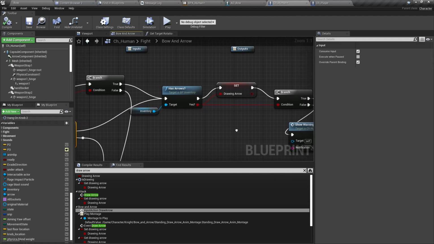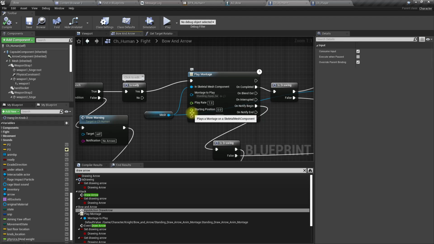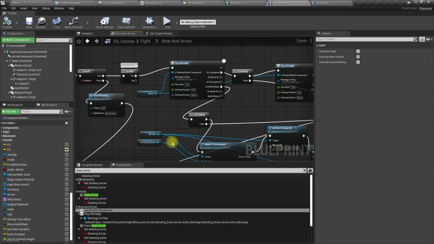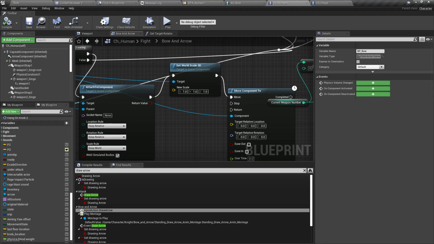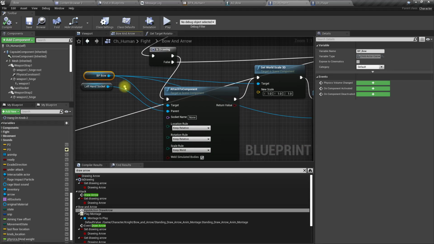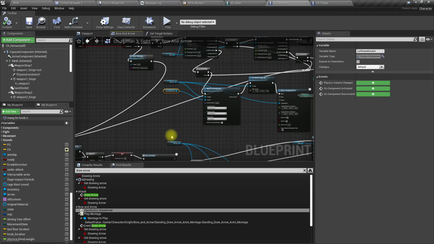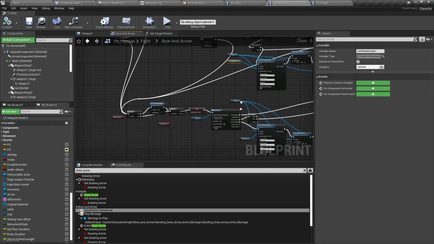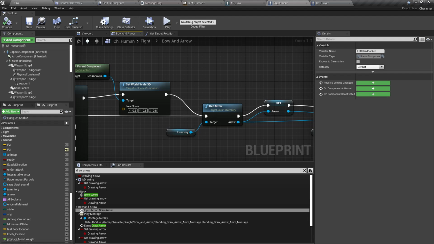From the inventory we get an arrow if there are available arrows, and then we have this arrow blueprint and attach it to the left hand socket. No, that's the bow we attach to the left hand socket. Where is the arrow?